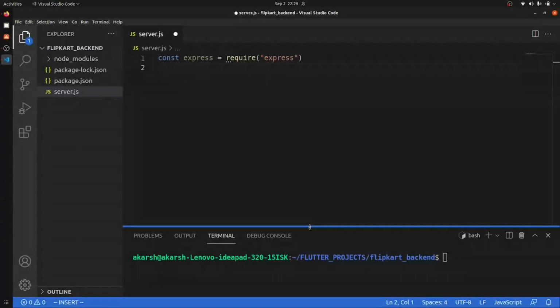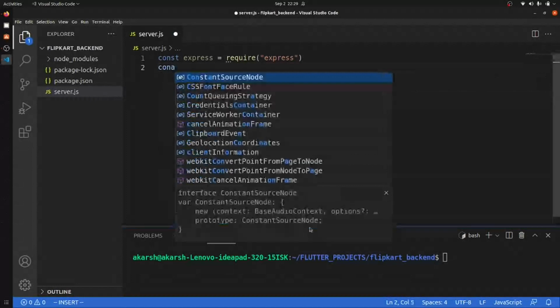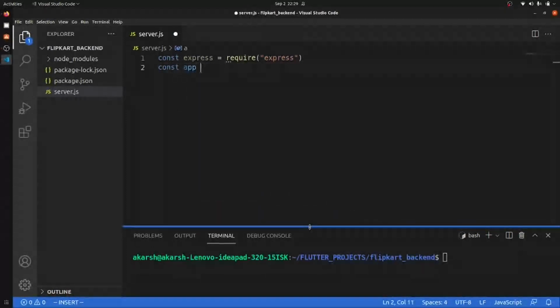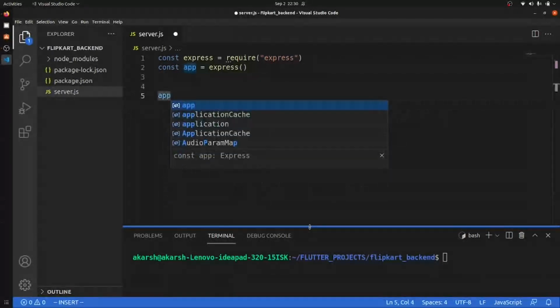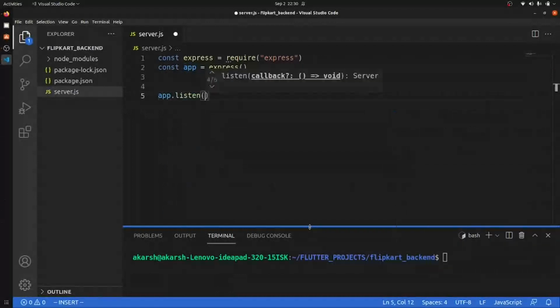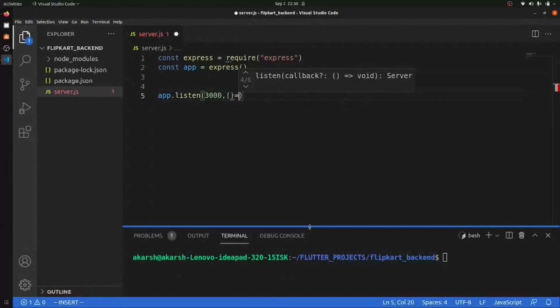Then we will create an application, so it will be const app equals express. Now we'll do app.listen. Basically it will listen to a certain port. I'm giving it 3000. You can give it any port that you want.